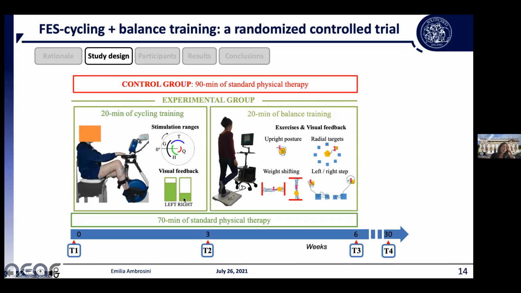Of course, I want to mention that, as I said before, we stimulated both sides, but the amount of stimulation was unbalanced. So the affected side received more stimulation, more intensity, than the unaffected side. And during training, the subject was asked to try to pedal in a way in which these two bars were as